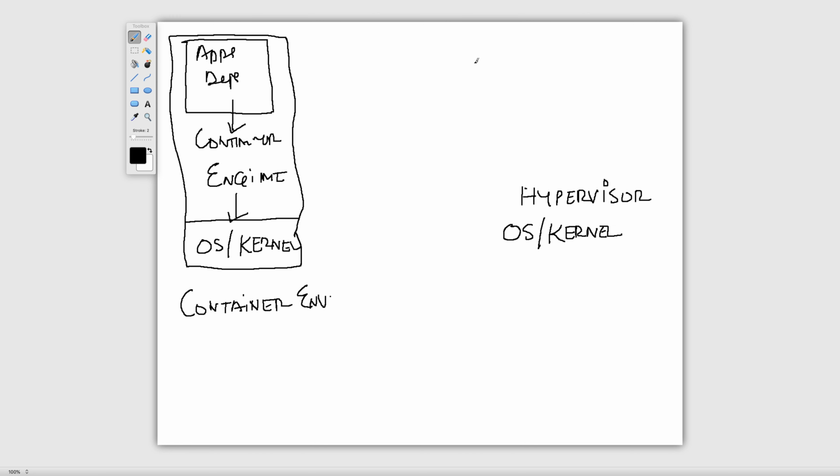Now, what do you do? You create your VM, you install your VM. Let's say this is one VM, let's call this VM1, right? There you will have your apps and your dependencies, and it's basically a full-fledged operating system. And because of that, it will have an OS, or a kernel of its own, right? So let's say this is a Windows machine,